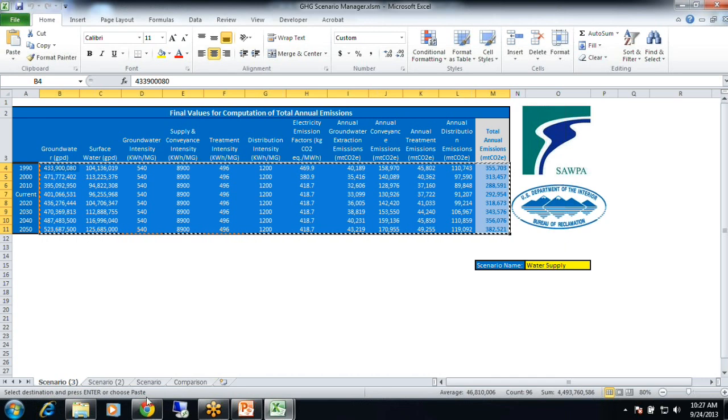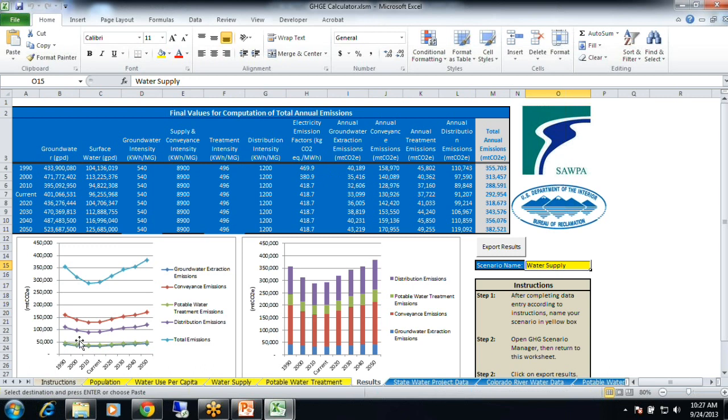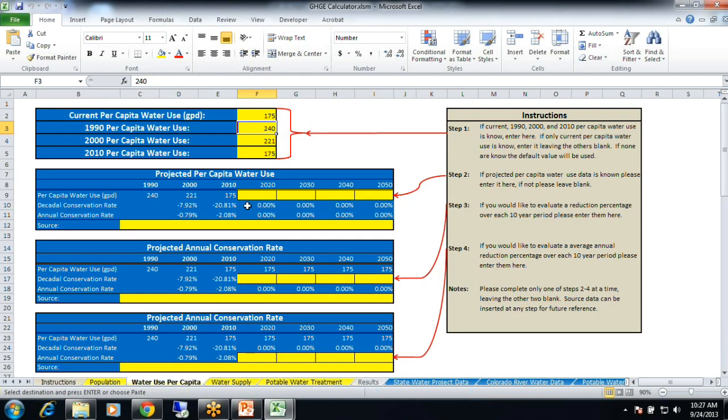We've created three different scenarios, right? And that's going to compare our different levels of data. So now let's go back and stay with this medium level of data without using detailed data, and see how we can change different scenarios and how they're projected into the future. Specifically, you all know the 20 by 2020 reduction goal. All of California has a goal to reduce water consumption by 20% by the year 2020.